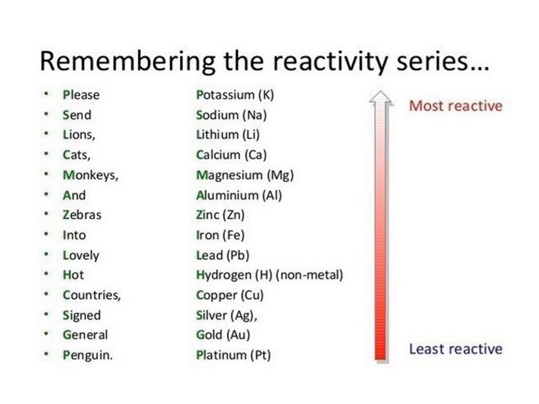Hydrogen is a non-metal which is given here. Then copper, Cu. Then silver, Ag. Then gold, Au. And then the platinum at the last. So this is the chart of reactivity series, and you can see by an arrow that the most reactive metal is potassium and the least reactive metal is platinum. In the brackets, these are the chemical symbols of these metals.